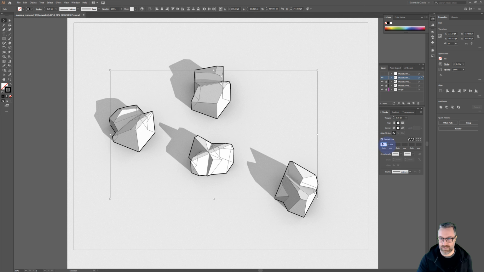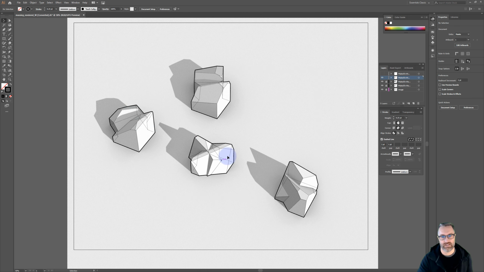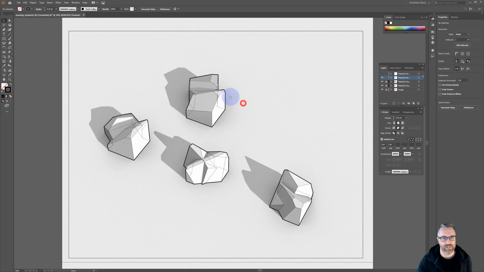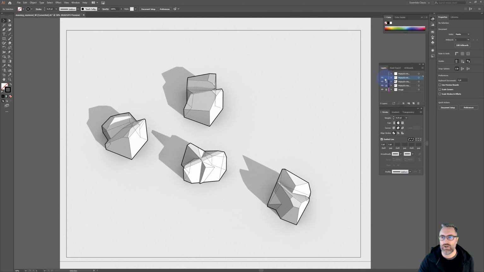So maybe we'll start with a 2-point dash and a 1-point gap. And that starts to look pretty good as well in terms of what we see going on in the background. You might realize we're off a little bit, and so we could tweak all of these. If we want to tweak the line weights, we can